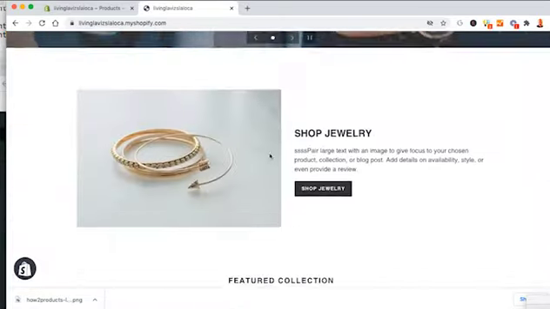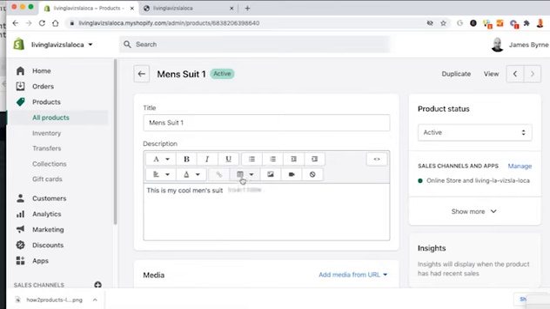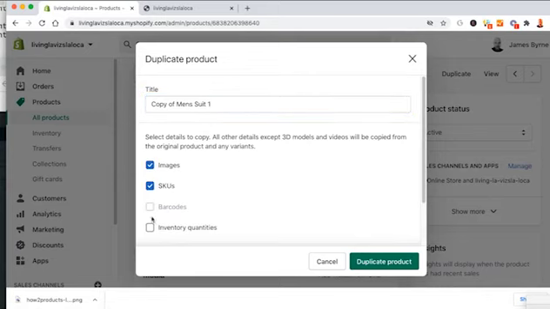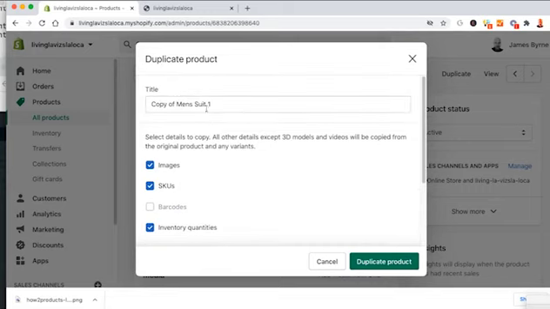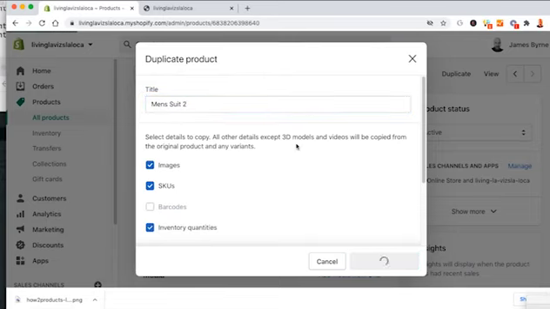So on the home page, here's a featured collection. So now I'm going to add like 10 products in here, right? So I'm just going to duplicate this just to make life a little easier. So I'll say image, SKUs, inventory quantities, set as active, and I'm going to call it men's suit 2. Duplicate product, and now just so I know that these are going to be different products,